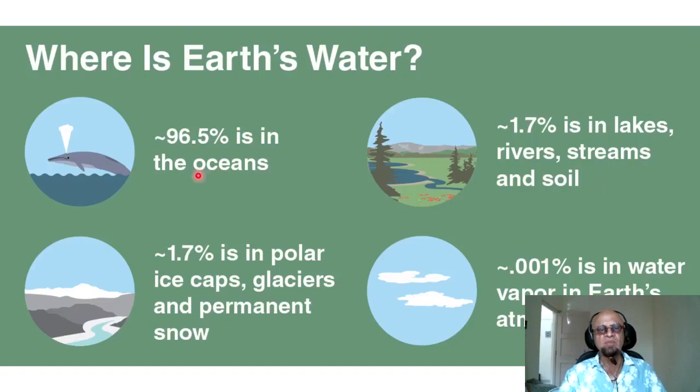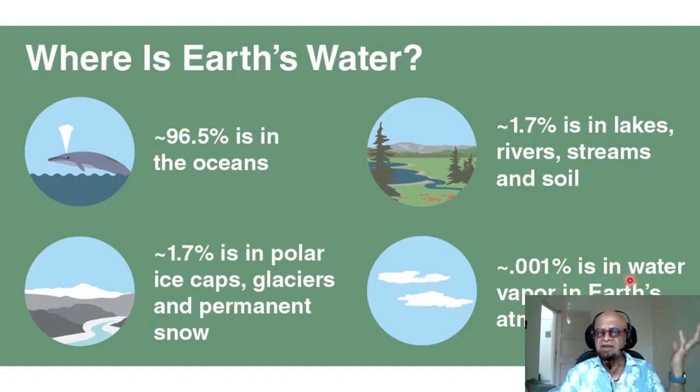So if 96.5% is not directly drinkable, then of all the water on the planet, only about 3.5%, 3% for simplicity, is fresh water, but out of that 1.7% or so is in the polar ice caps, glaciers, and permanent snow that doesn't melt from year to year. Of course, global warming is changing this. That means only about